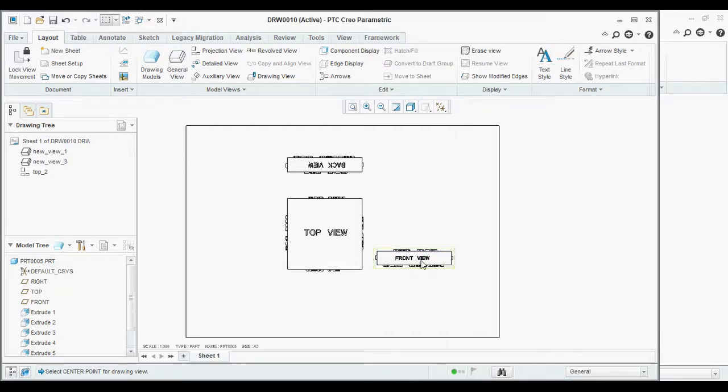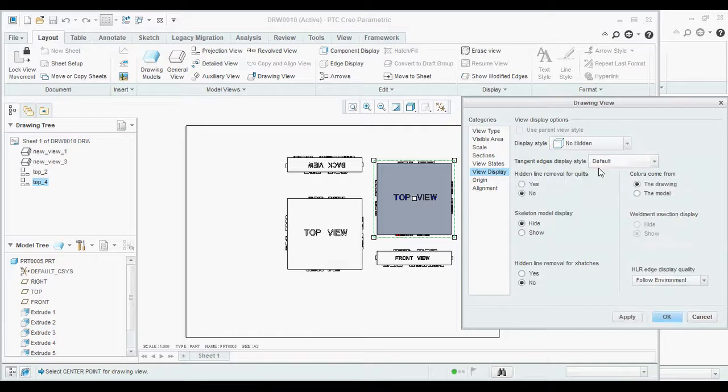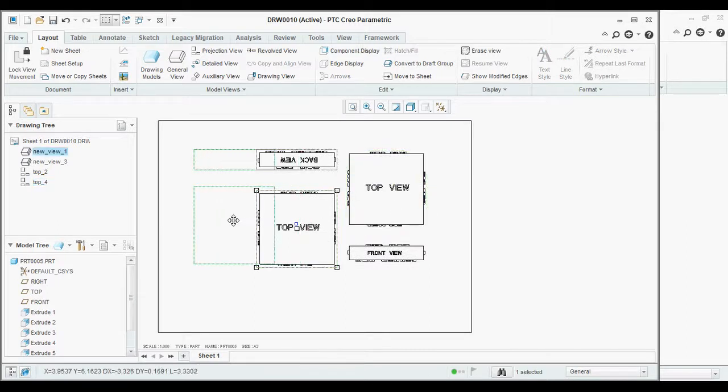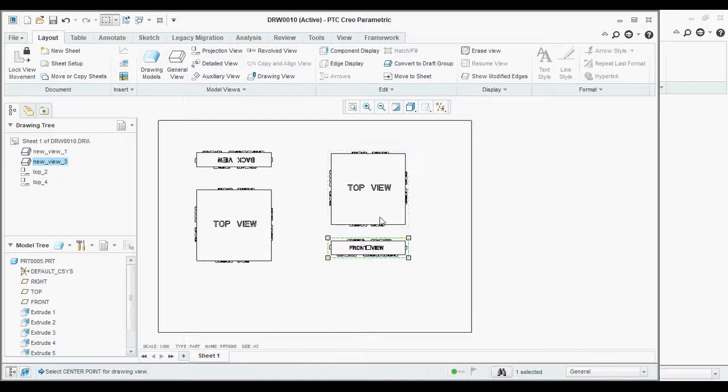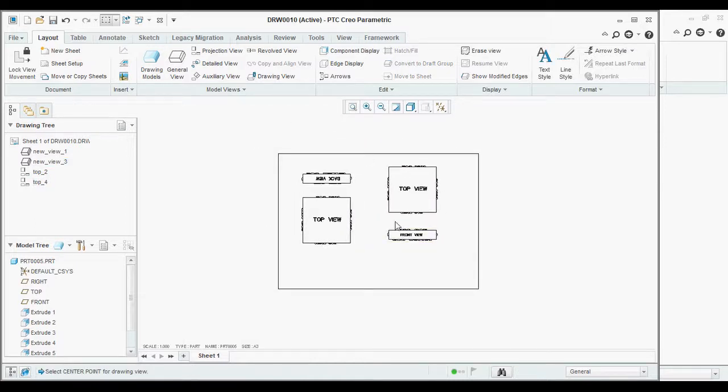This is the default orientation, and the projection will be top view. This is one process. This is the use of orientation.